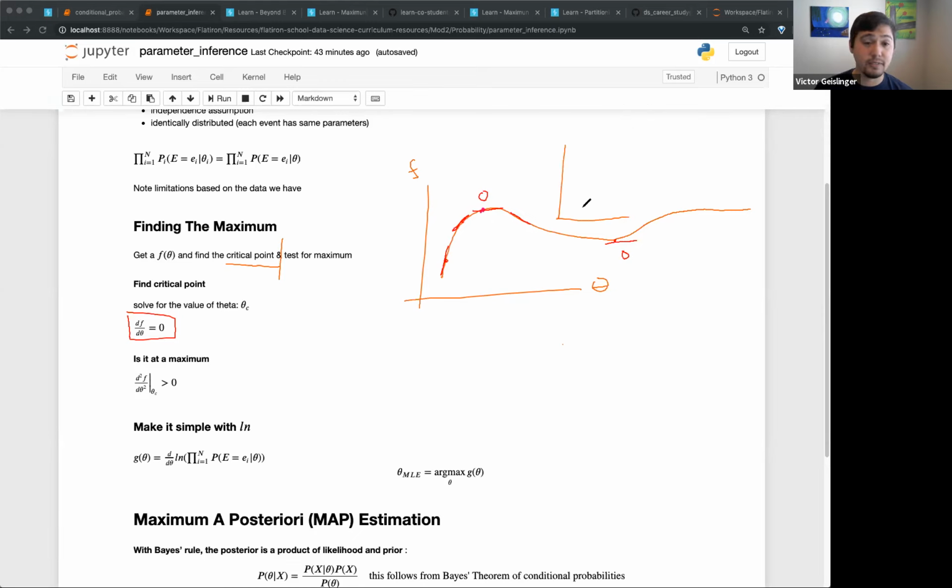Yes, this is a fun one. It's your inflection points. If you have something like this, it goes up like this. It's not really a max or minimum, but there's this point right here where the derivative is 0. So that's another critical point, and that's why we call them critical points. Hopefully we're not going to get this usually. We're going to use the second derivative to figure out whether it's a maximum or minimum.